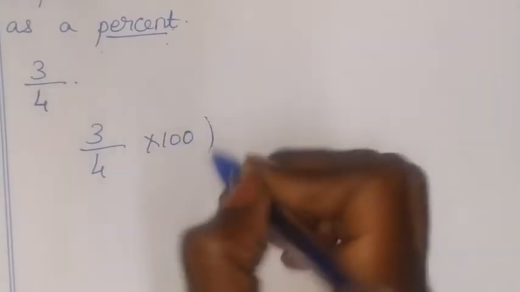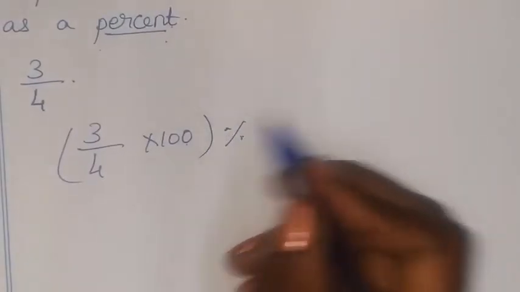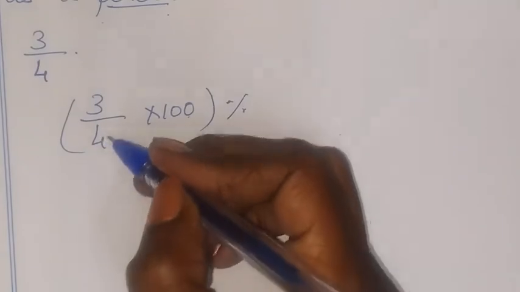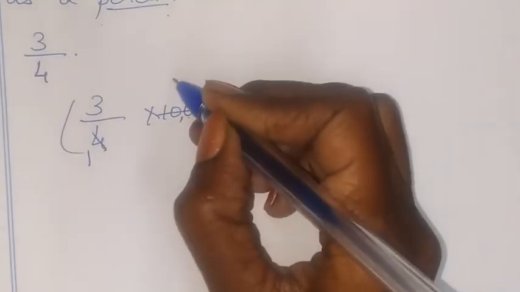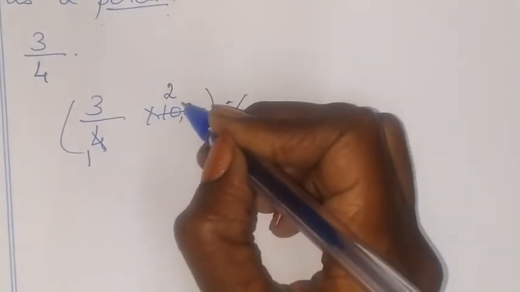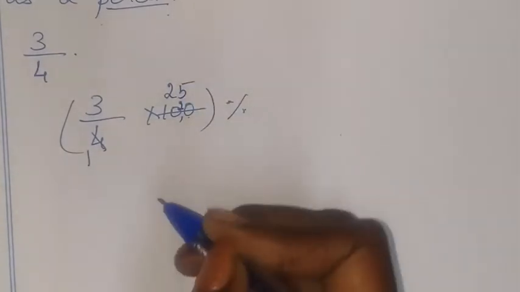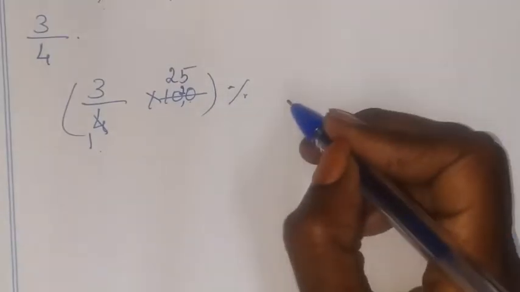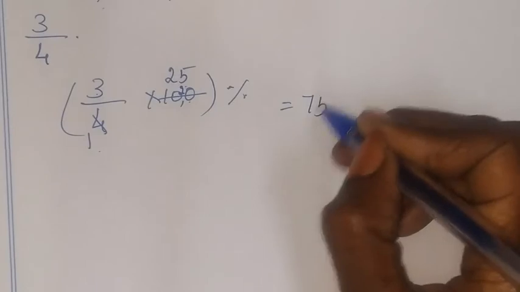So 3 by 4 into 100 percentage. When we multiply by 100, the answer we get is the percentage. That's all. So this is equal to, now we have to simplify here. 100 and 4 will go in the 4 table. 4 ones are 4, 4 twos are 8, 4 fives are 20 after the remaining 2. That's all. When we get 1 in the denominator, we have simplified. So the answer here is, we multiply the numerators and write it here. 3 into 25 is 75 percentage.